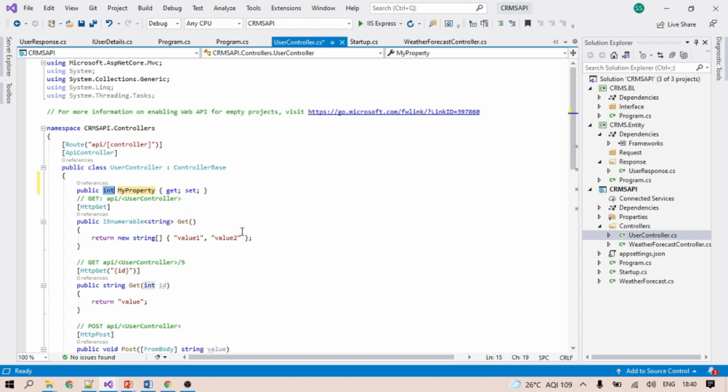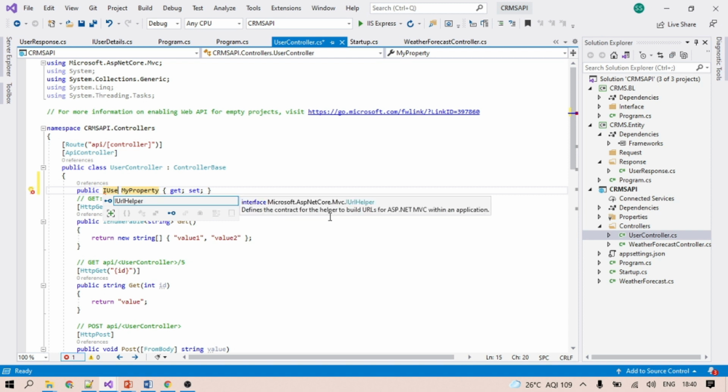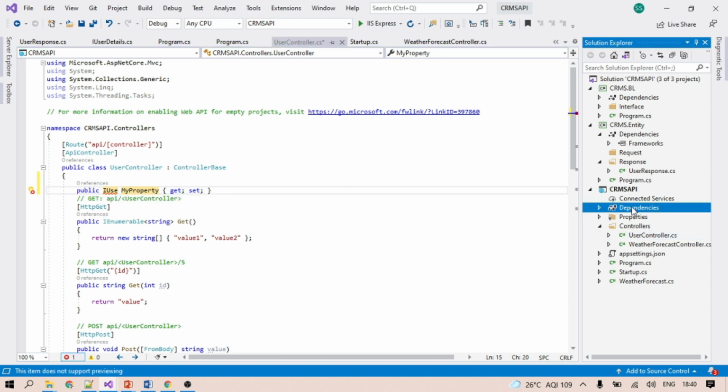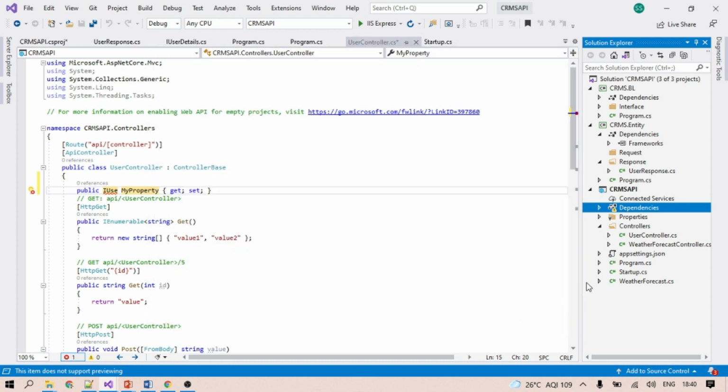crms.bl. Currently you can see if we write I user here, nothing is coming, because in this API project we did not add any dependency yet. So we need to add the dependency, crms.bl and entity both, because we are going to use both of the things.